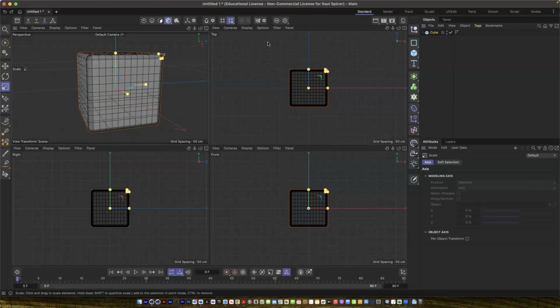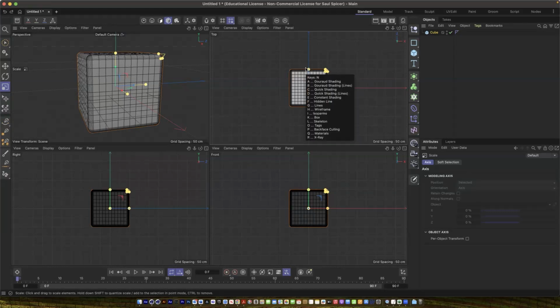So here I'm going to come over to top view. So this is a default orthographic, meaning one view looking from the top down. I'm going to press NB, or if you're interested in learning more options, press N, and you can see all of the additional ways that you can view this by pressing different values. I'm going to press B